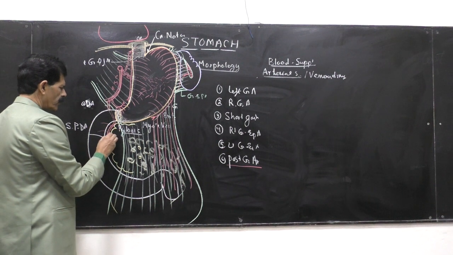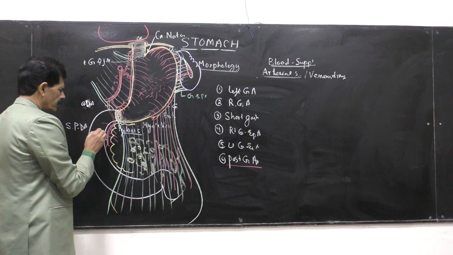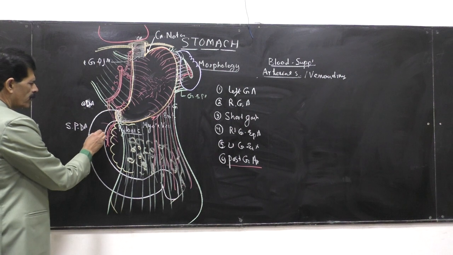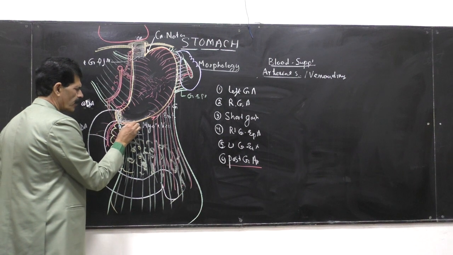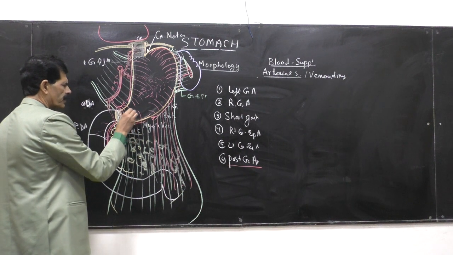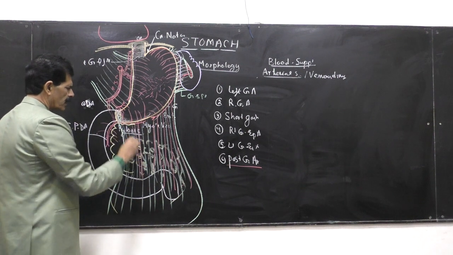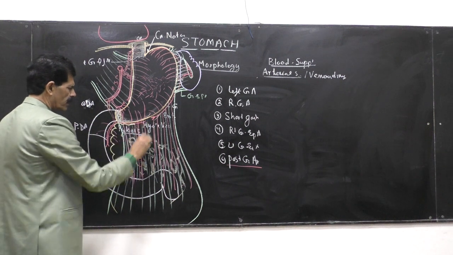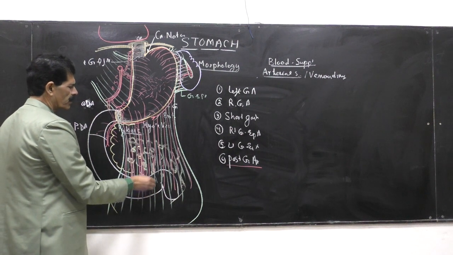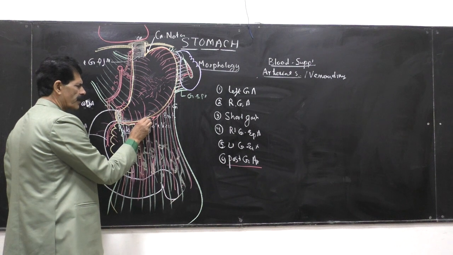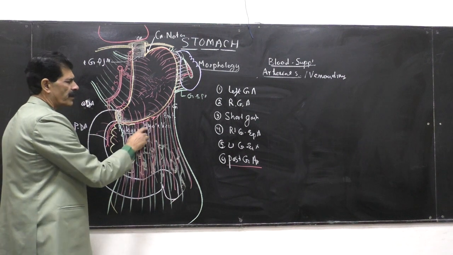This supplies the duodenum and the head of the pancreas, as its name is pancreatico-duodenal artery. Then this artery gives a branch, the right gastroepiploic. And this right gastroepiploic will supply the pylorus and the rest of the greater curvature and the body of the stomach. Plus, it runs in the number 1 and number 2 layers as usual and supplies the greater omentum. They are the epiploic branches which go into the omentum. And this right gastroepiploic then meets and anastomoses freely with the left gastroepiploic artery within the number 1 and number 2 layers